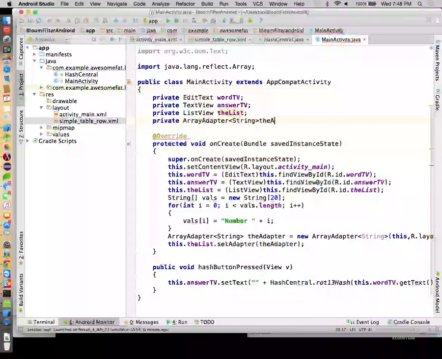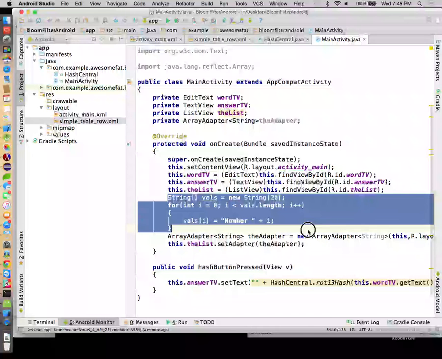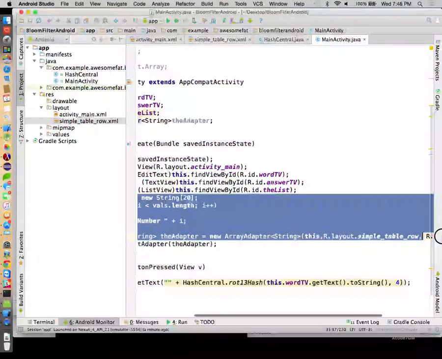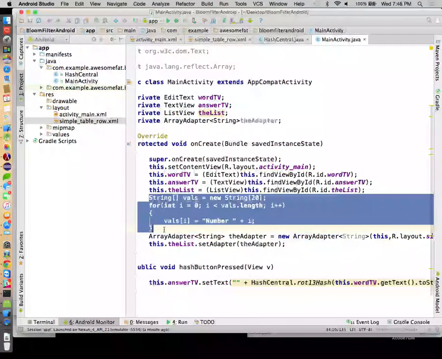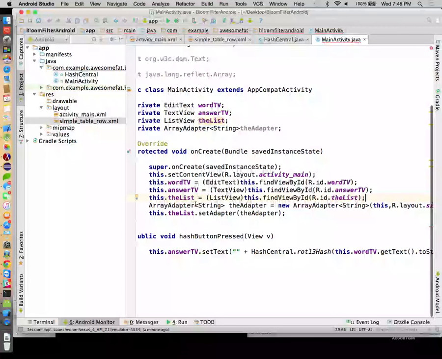We're going to call this guy the adapter. And then down here, instead of creating our values, we'll make this guy empty at first. Actually, let's just get rid of that. So we're going to go ahead and say the adapter